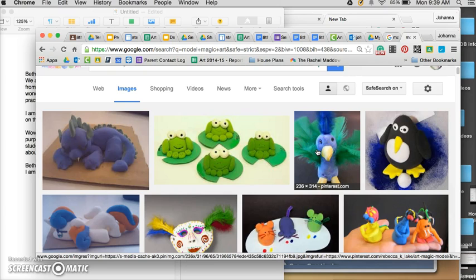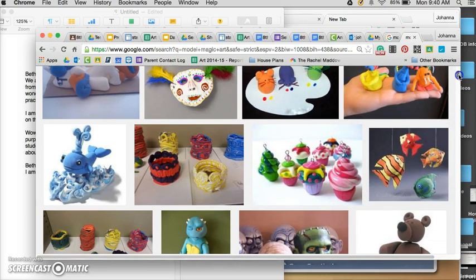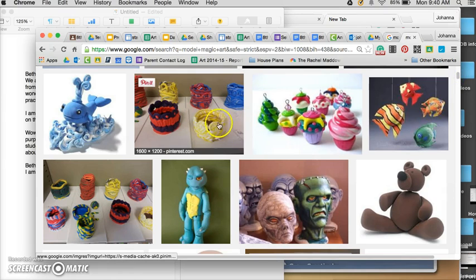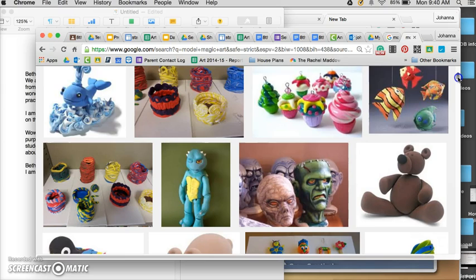So right now I am on my list of things I discovered that I just took a picture of, and I'm writing add feathers, right? Then I wonder, well, could I add just more than feathers? Okay, so then I'm scrolling down and I'm looking for more tricks. Ooh, look, they made a pot using the coil method, right? So I already learned about